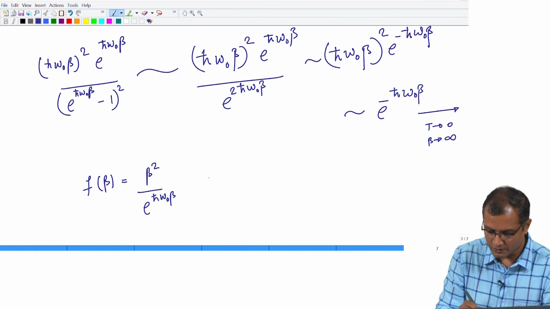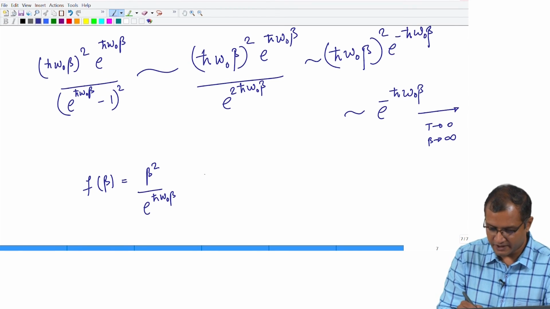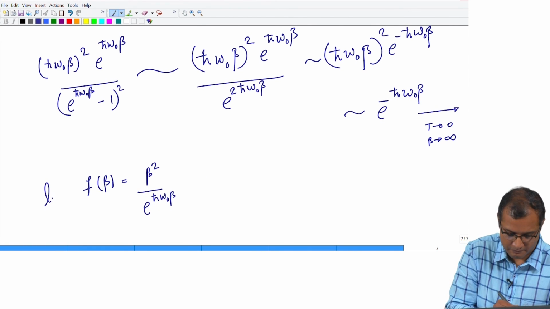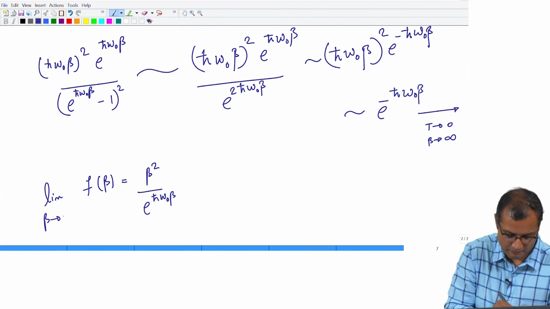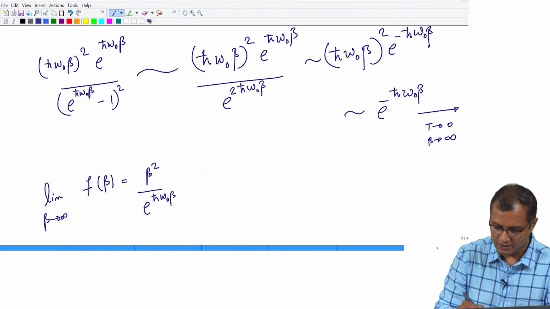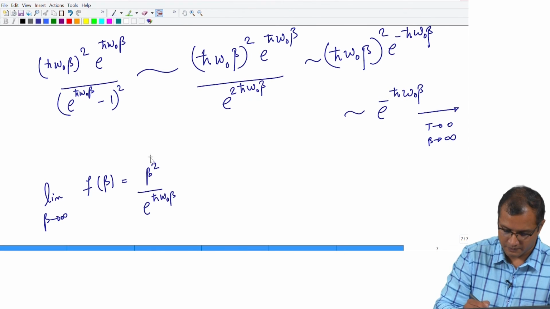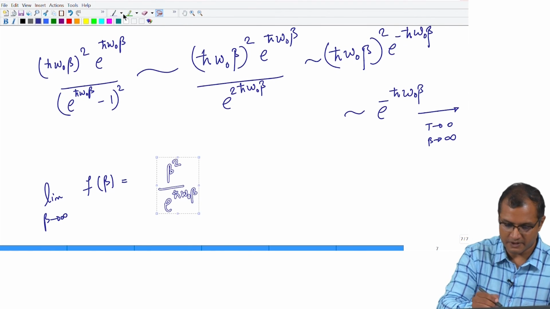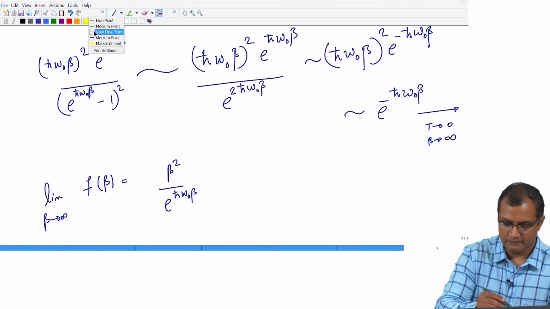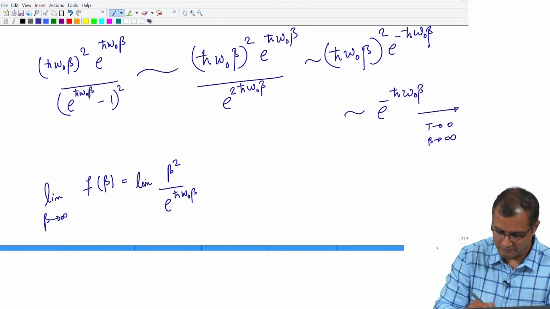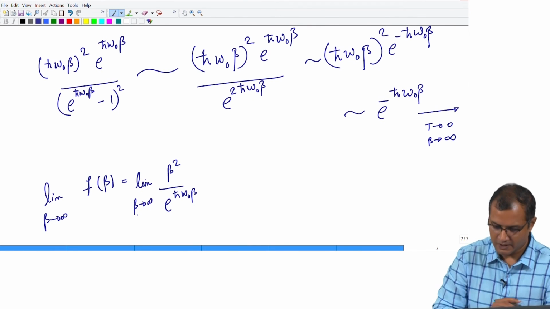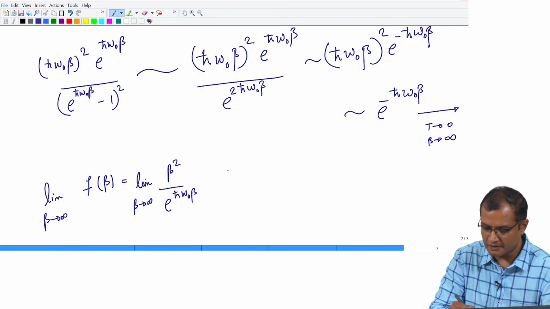So, it is the low temperature, beta infinity limit, and this becomes infinity by infinity. So, you invoke L'Hopital's rule,